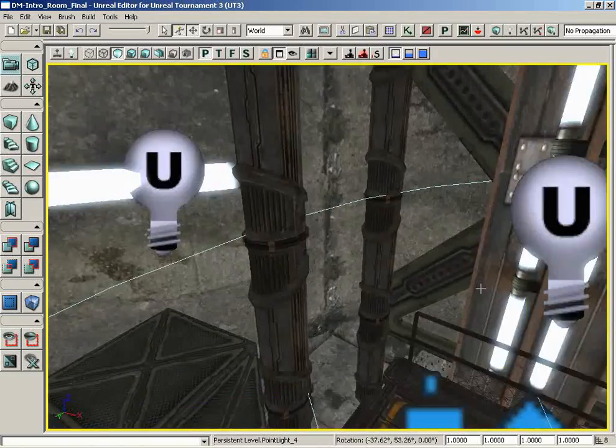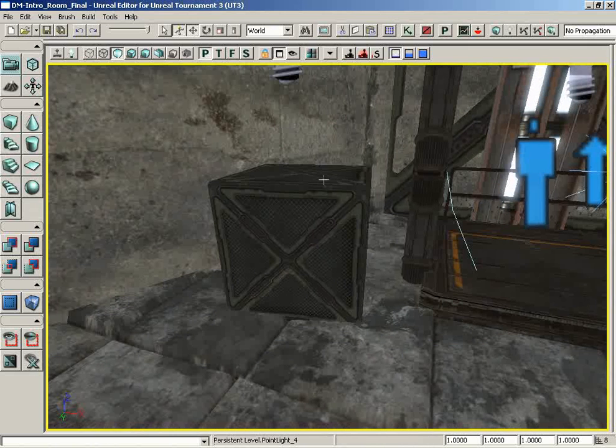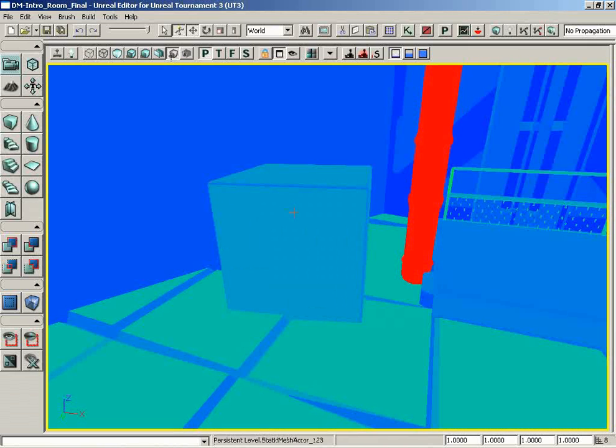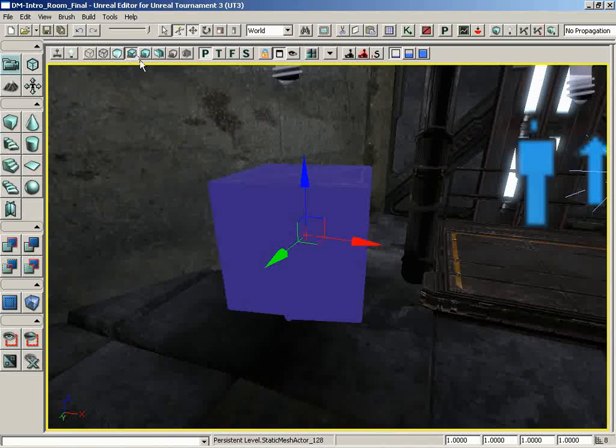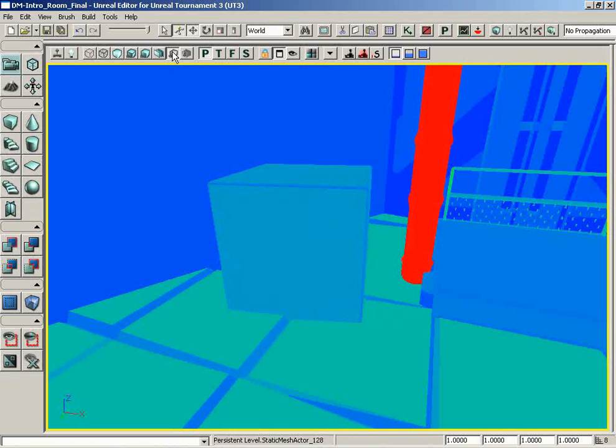Now, just to show you how this works, we're going to focus on this little crate here. Let me go back into texture density mode, and you'll notice it's kind of a pale blue. I'm going to select it. Now we can't see that it's selected, because we don't see it actually turn blue like it does when it's selected in lit mode. But if I scale this down by changing its draw scale, let's say down to 0.5, ooh, it shifted from